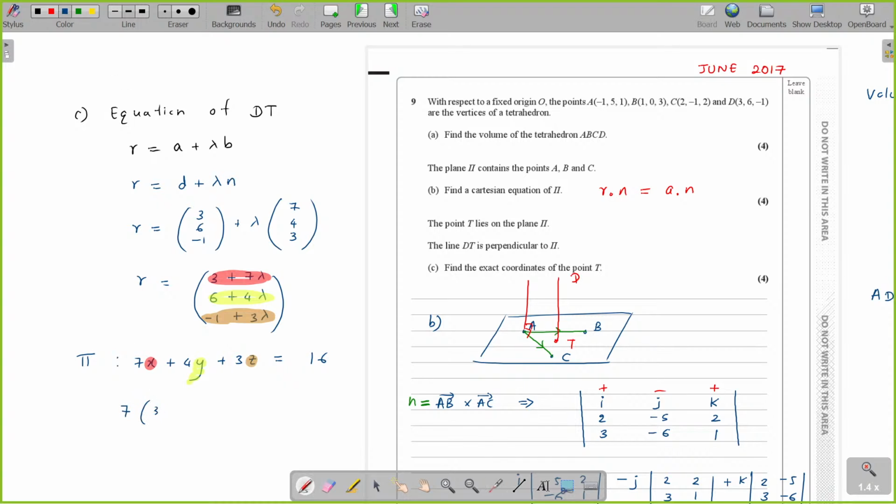So 7 times x, which is 3 plus 7 lambda, plus 4 times y, which is 6 plus 4 lambda. Guys, can you see what I did here? Let me erase and write again. 7 times (3 plus 7 lambda) plus 4 times (6 plus 4 lambda) plus 3 times (minus 1 plus 3 lambda) equals 16. Are you with me? Open the bracket. 7 times 3 is 21 plus 49 lambda. 4 times 6 is 24 plus 4 times 4 is 16 lambda. Are you all with me? And then